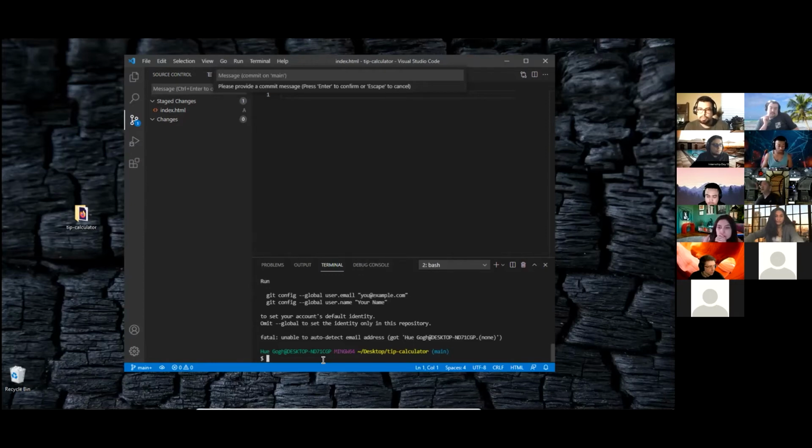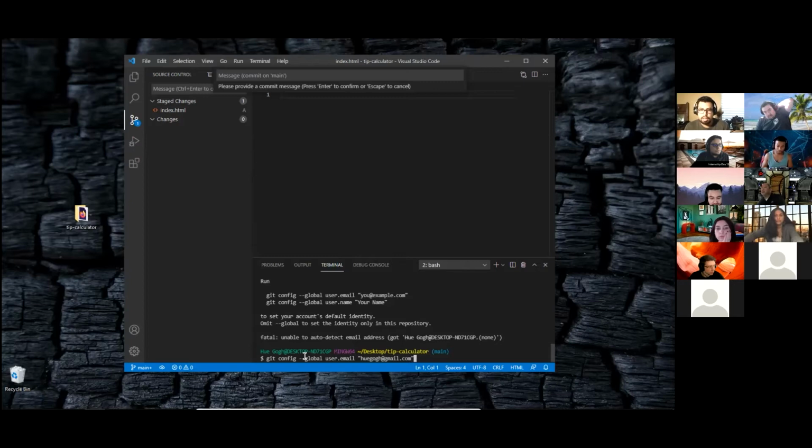So to set these properties, it tells you specifically what to run. So I'm going to do git config. I'm going to configure it globally. Global is optional. If you don't do the global, you will only commit your email and your name to this project, and any other project you use Git on, you will have to do this again. So if you do it globally, it's going to give that name and email to every single project you work on. So my user email is